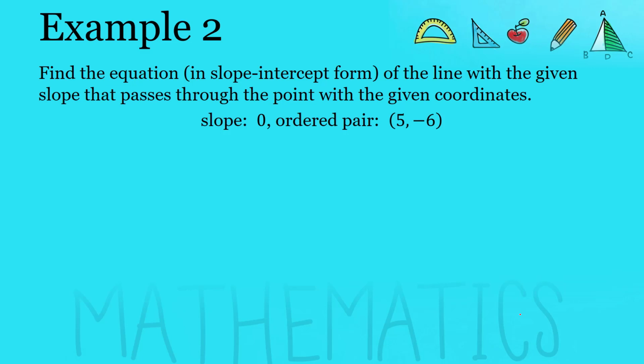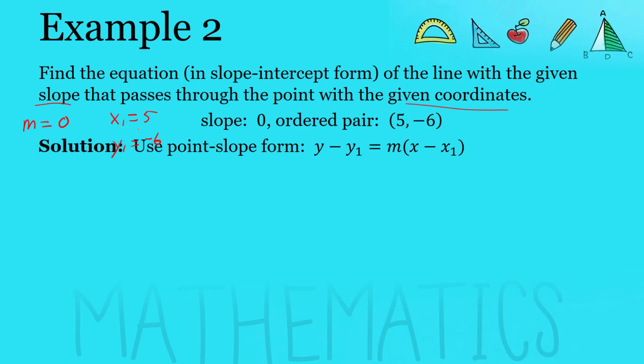Here's another problem of the exact same form. Here we want to find the equation in slope-intercept form of the line with the given slope that passes through the point with the given coordinates. The given slope is m is equal to 0, and the coordinate is, again, x1 is equal to 5, and y1 is equal to negative 6. Once again, we are going to use the point slope form. And so we're going to have y minus y sub 1, which in this case is negative 6, and that's going to be equal to m, which in this case is 0, times x minus